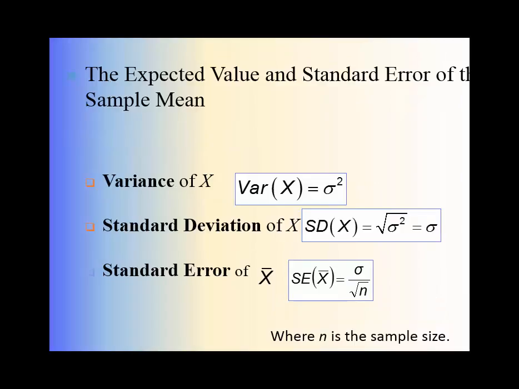In this same sort of sample, we expect that the value of the standard error for this sample mean is going to be computed using the variance. So we're first going to compute the variance, then we're going to take the square root of our variance, and that's going to give us our sample standard deviation, which is very important. And then related to that is the standard error. Sometimes we need to compute a standard error when we have a sample as opposed to a whole population, and to do that we take the standard deviation and we divide it by the square root of n, or the sample size.